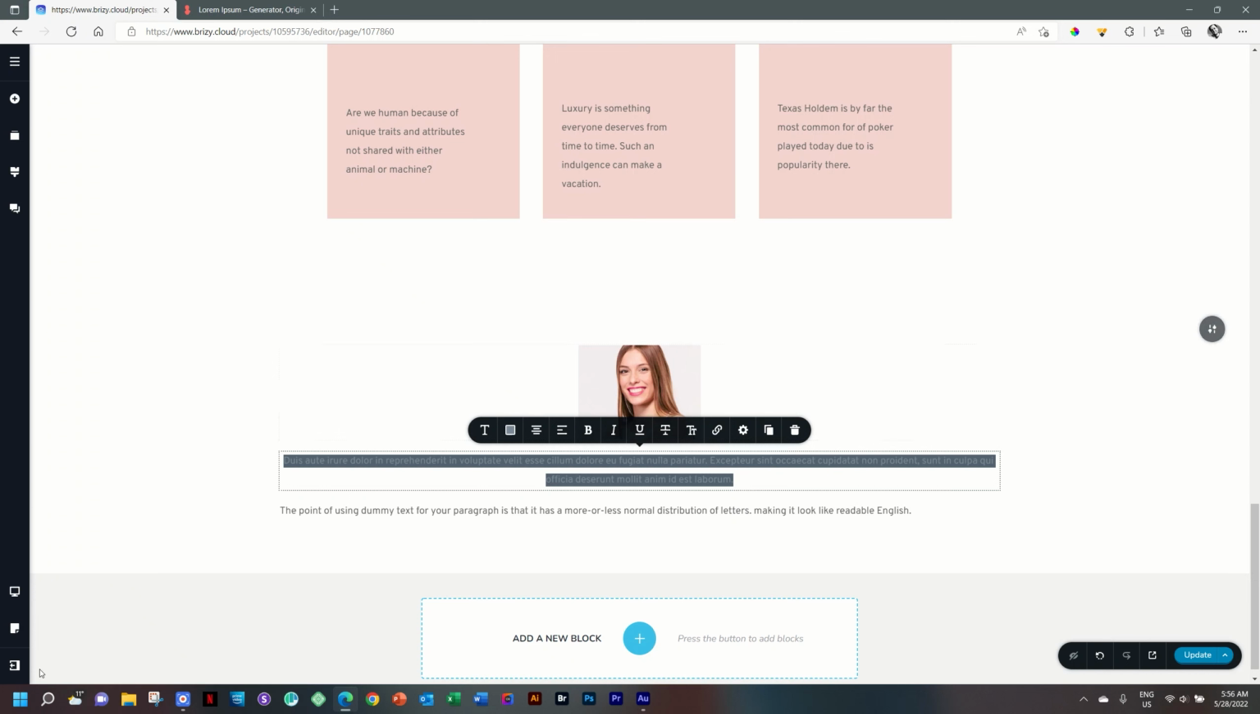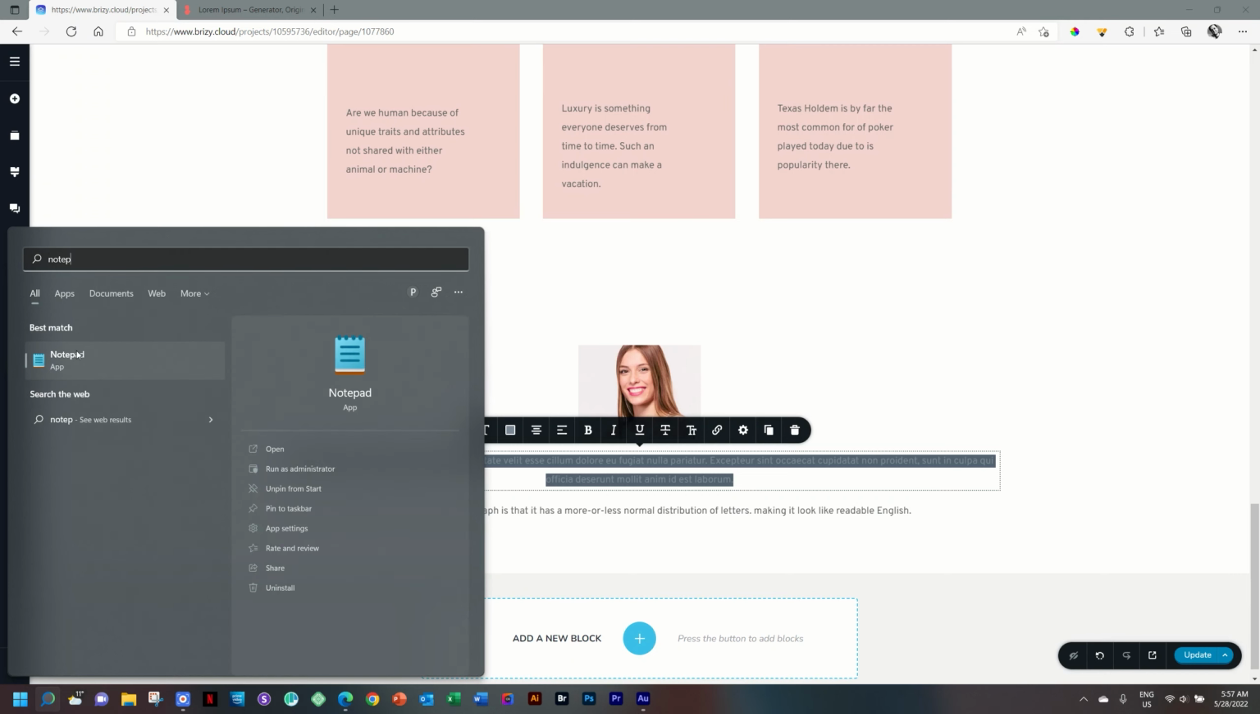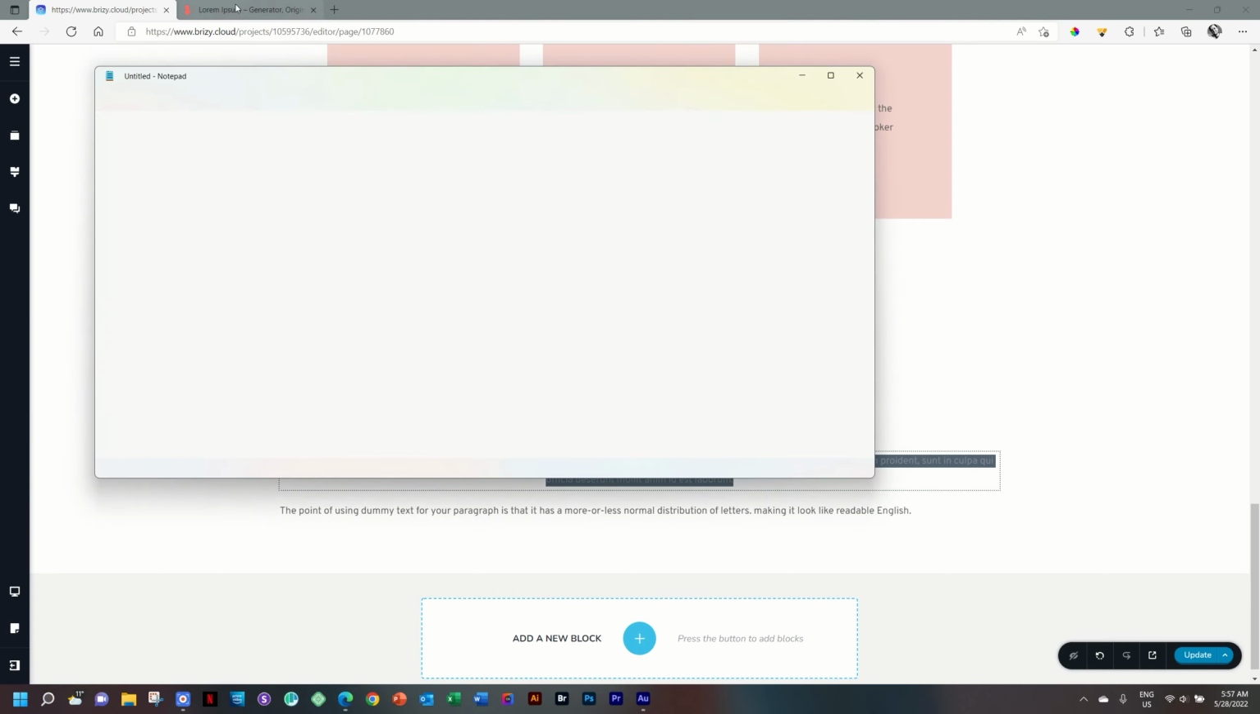What I will do is I will open Notepad. Let me see, where is my Notepad? So search for Notepad. And then when you bring the text from Lorem Ipsum, I'll paste it here, Control-V, Command-V. And then all you do is select it again, Control-A, Control-C for copy, and Command-A, Command-C. And now